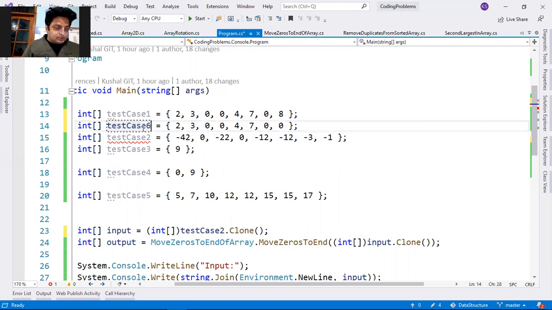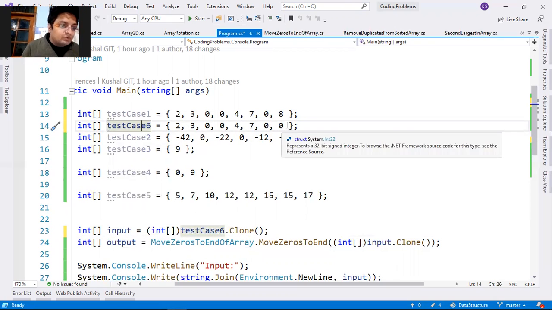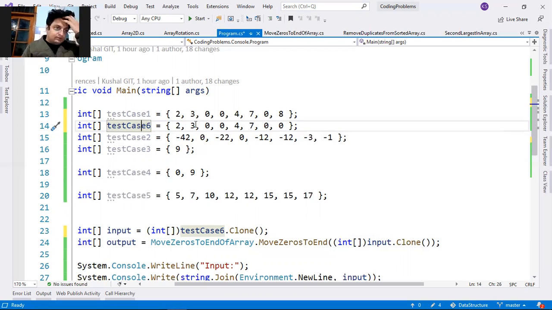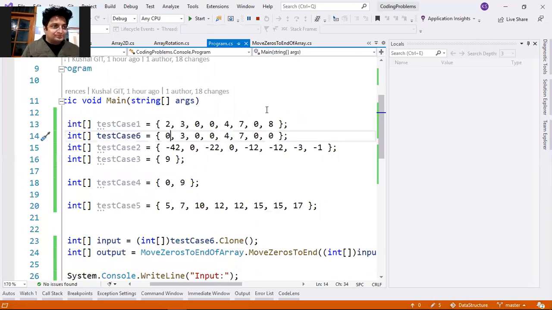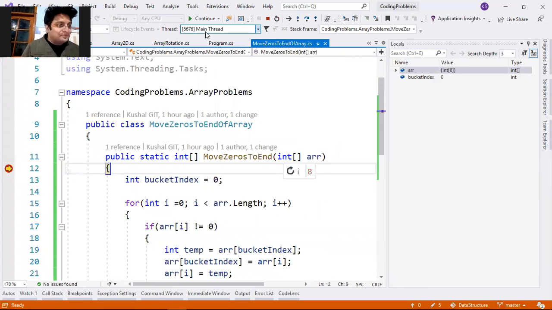Let's make it 6. So what we are doing, we are basically putting 1 0 at the end. Let's put 1 0 at the start as well, so that both the cases will be tested in one shot. Result time.